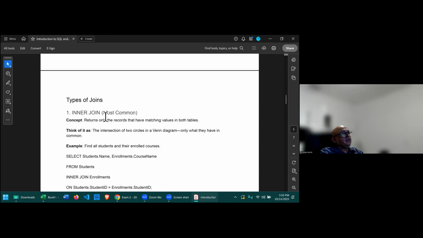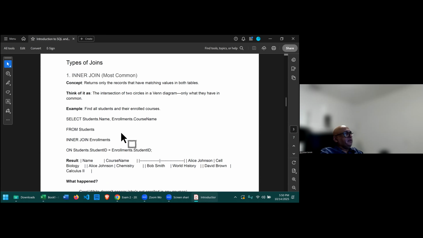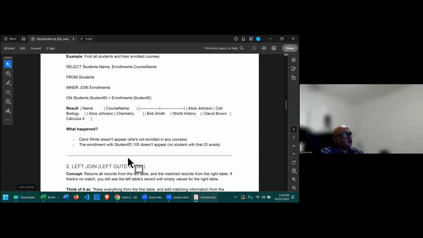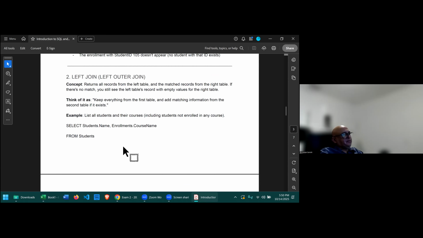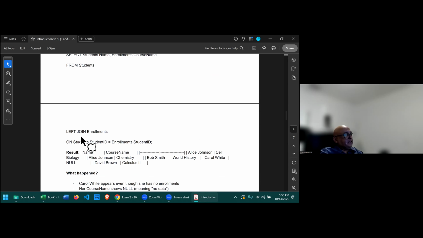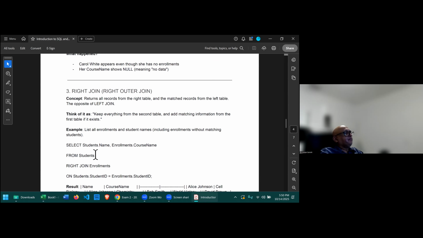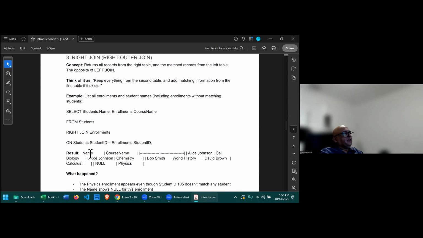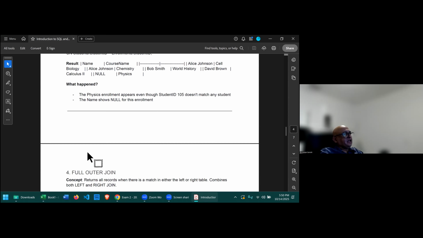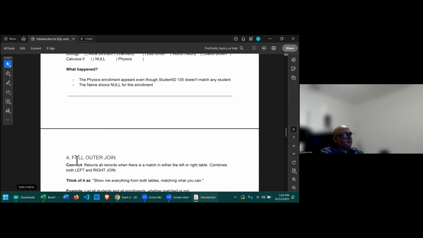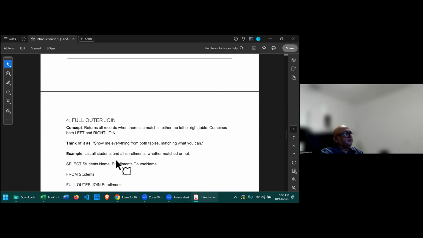What is meant by an inner join? What is meant by a left join? And we have other types of joins as well. There's a right join, and then some of these have identical or different names. There's an outer join. So we're starting off with